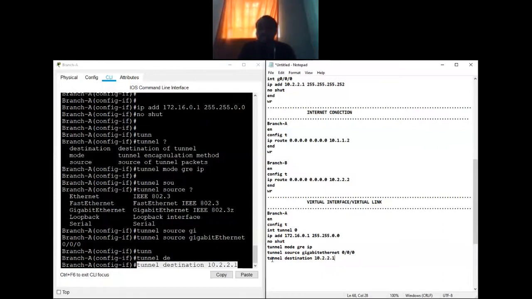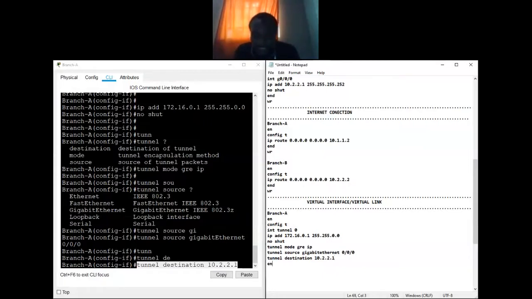So that's how we create the virtual interface. The virtual interface, tunnel 0, we have given an IP address. Remember, it's like we are laying a cable from our router to the branch router in Cairo, from Nairobi to Cairo. In reality here we are just creating a virtual link on the internet. Once you have laid a cable, now we can give it an IP address. The cable must have an IP address and identity on this side and on the other side. On this side, we have given it the one. On the other side, we have decided to give it the two.